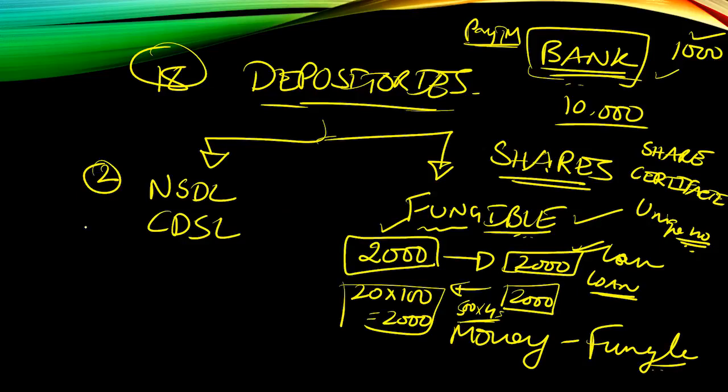So if you know that, we have to study the Depositories Act, which is very easy for you to understand. This should be in your mind when we study chapter number 18. Then we'll come to chapter number 19. So what are we doing? Don't forget what should be in your mind when we are studying these securities laws for 40 marks.